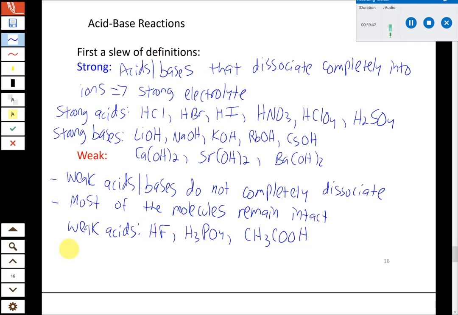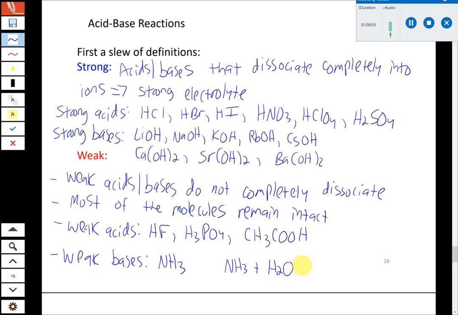All right, and then the only weak base we need to know, which I think I introduced a little bit earlier, but just to remind ourselves, there's more than this, but the only one that we'll see in this course is ammonia, NH3. Now, it might not be obvious. How is this a weak base? It doesn't have OH minus in it. It doesn't have hydroxide in the formula. So what happens is that when you add this to water,